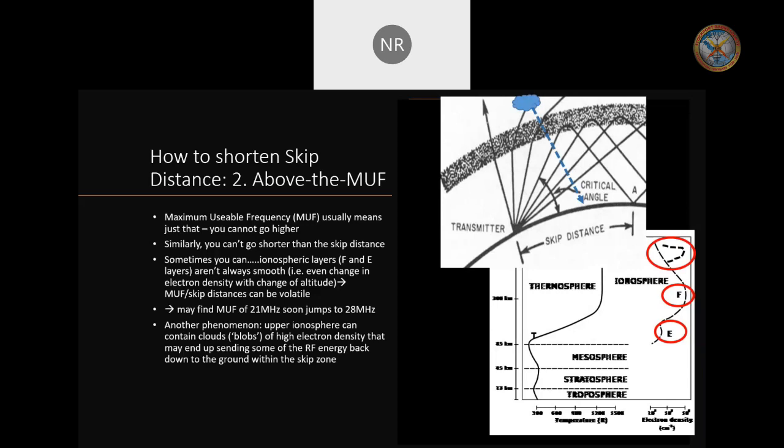Sometimes what happens is you get what's called a bulge or a blob or a cloud of very high electron density, rather randomly in the upper layers of the ionosphere, and that can result in some of the RF energy actually coming back down to the ground, and perhaps some of that being within the theoretical skip zone, so within our 1,000 kilometres in the example before. The thing is, again, this is